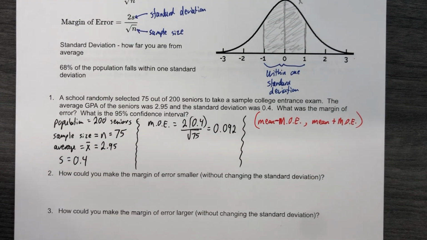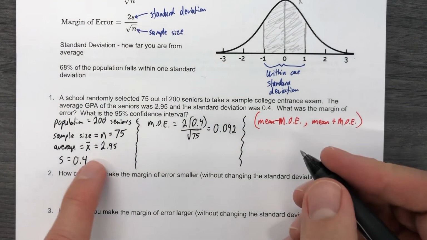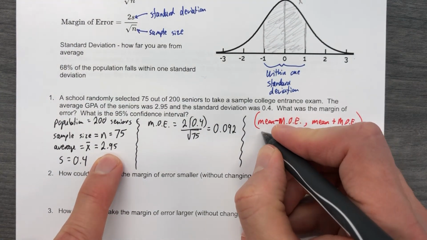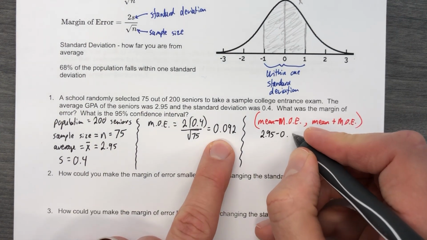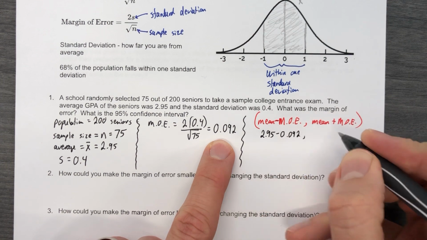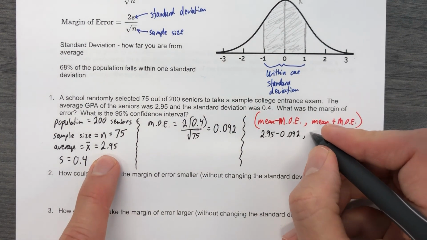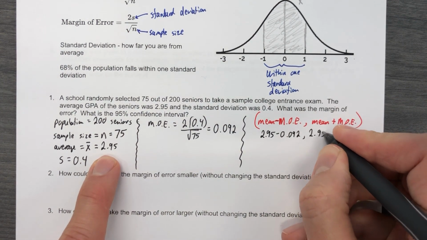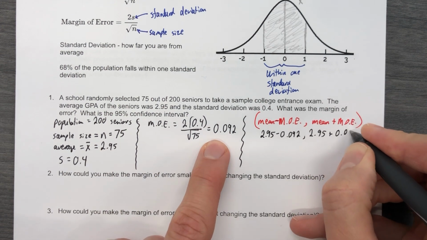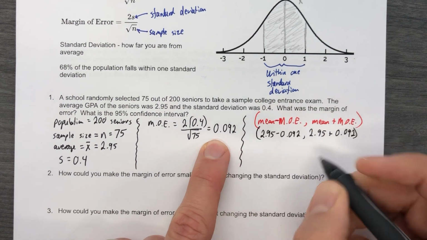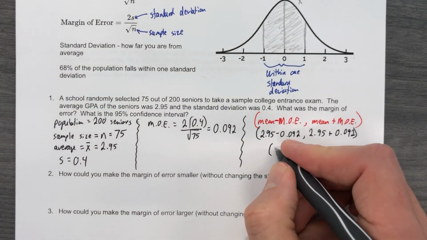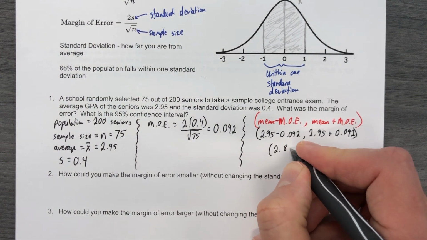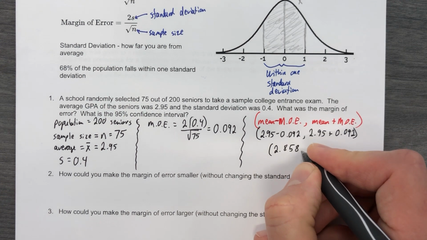So in this case, the mean is 2.95. Minus the margin of error. And then we're going to have the mean plus the margin of error. And we'll do a little bit of computations, just 2 separate numbers, and I'll save you the trouble of typing this in the calculator or doing it by hand. 2.858, comma,